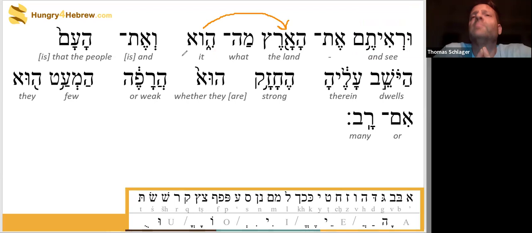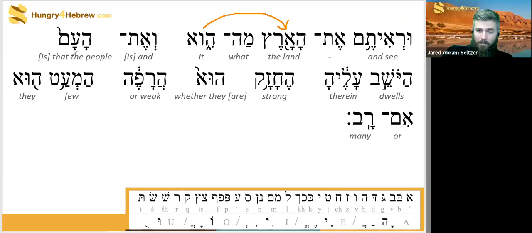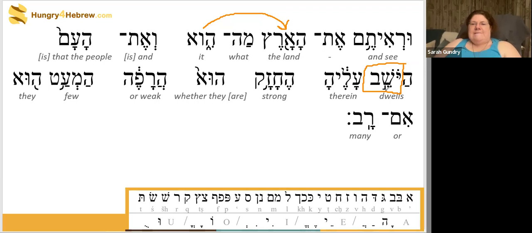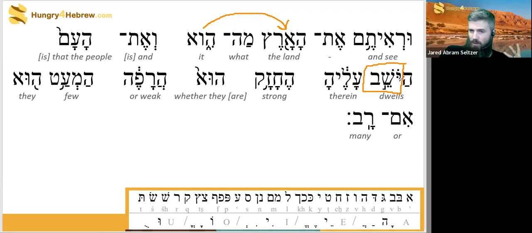What is she like? And oh, by the way, the people. Hayoshev aleha. What is Yoshev? Masculine. What kind of a word is Yoshev? Participle? Exactly. It's the sitter, to dwell. Yoshev is to sit or dwell. So you can come up with lots of participles, and that's what modern Hebrew uses for the present tense. Ani yoshev, I'm sitting right now. Ani holech, I'm walking. Ani omed, I'm standing, and so on and so forth.